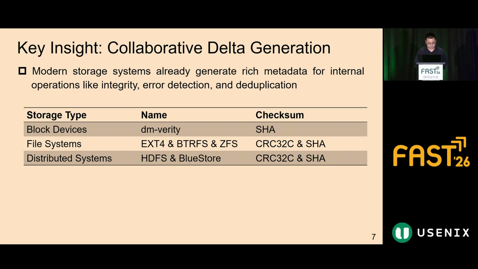The first is block devices, such as those utilizing device mapper variety, maintaining cryptographic hash trees using secure hash algorithms. Modern file systems including ext4, Btrfs, and ZFS apply checksums like CRC32 and secure hash algorithms to their data blocks. Similarly,